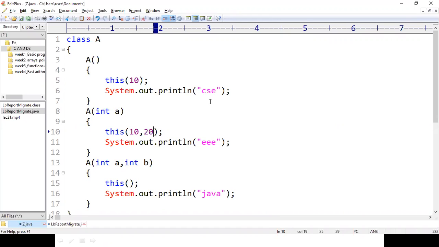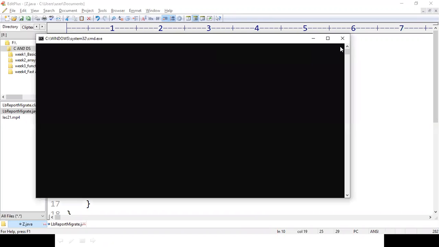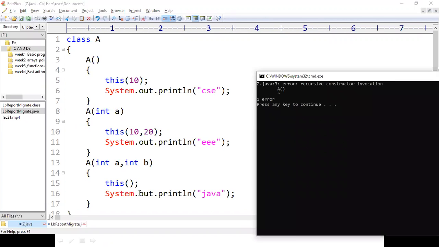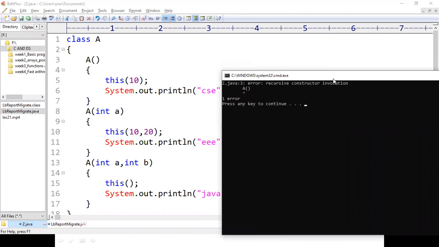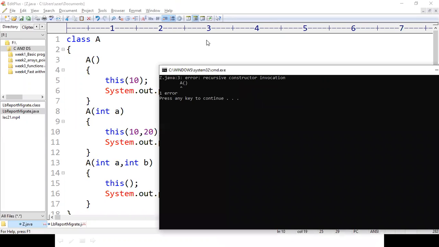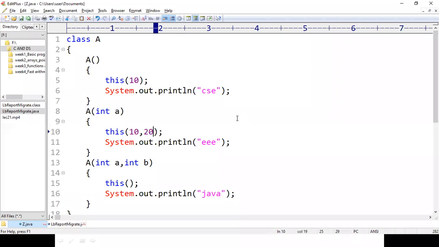Save, compile. So here you can see, if you write like this, we are getting a compile error which says recursive constructor invocation, which means we have written code which will never end, where the loop will never end.